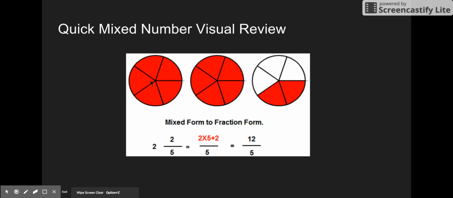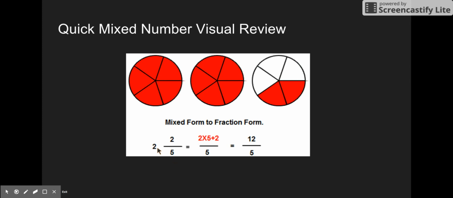Here's your visual reminder. Mixed numbers represent wholes and parts. So for example, this mixed number is 2 wholes and 2/5 of another whole. Mixed number form to fraction form. Quick review. Since we have 2 wholes with 5 parts in each whole,